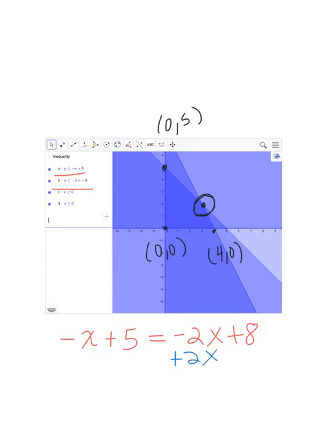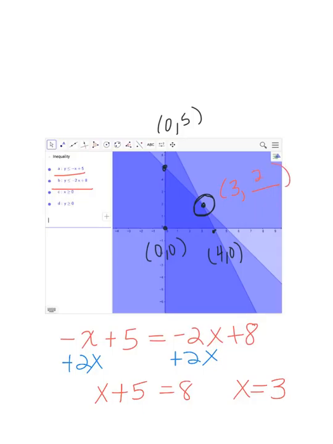And we're going to add 2x to both sides, and then subtract the 5, which gives us 3. So we know that the intersection here happens at the point 3, something. So we can plug 3 back into either of those equations and figure out that that intersection point is at